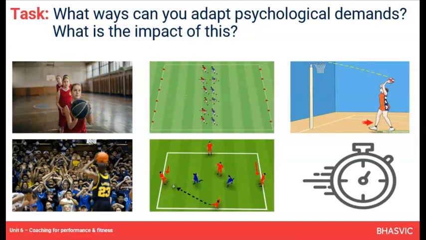But what you can then start to do is integrate some element of competition, even in little activities, shooting activities. Compete against yourself, try to improve, but also compete against each other. Maybe act as a team, shooting against another team at the far end. What we want to move towards is making the situations more relevant and creating situations where players can practice in a slightly more stressful, slightly quicker, slightly more intense situation, as they do when they compete.